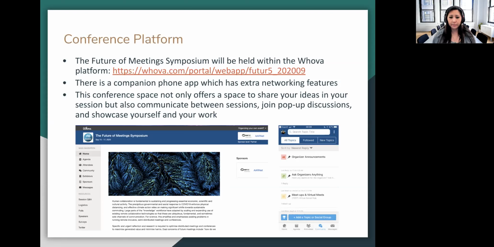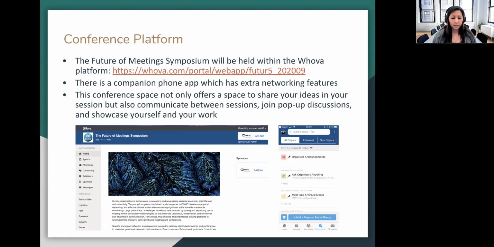There's a companion phone app. It's Whova's phone app, but every conference that's run through there gets its own section or its own app, and so we have a section there. The content's almost identical to the web app. There are some extra networking features that are pretty useful, so we do recommend trying out the phone app. We were told by Whova that a lot of people like to have the phone app for chat or discussion alongside while they're watching the talks on the screen. So there are different ways you can use it, but the phone app is definitely more prioritized towards the networking aspects.